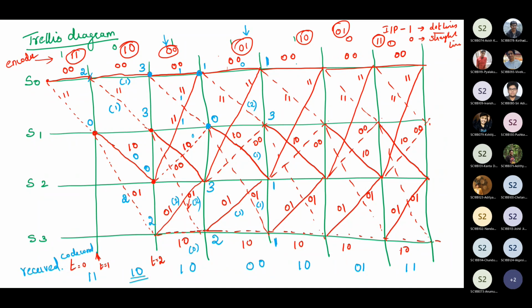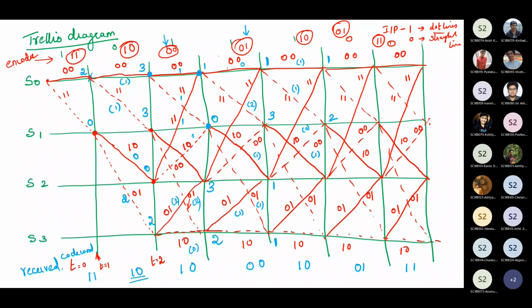So next one, 1, 0. So this is 1. From here it is 1, 0. So here the value is 1. Next one, 1, 0. Here the value is 1, 1, so it is 1. Next line joining, here is 0, 0. So here it is 1. So 1 plus 1, 2. Here also 1 plus 1, 2.